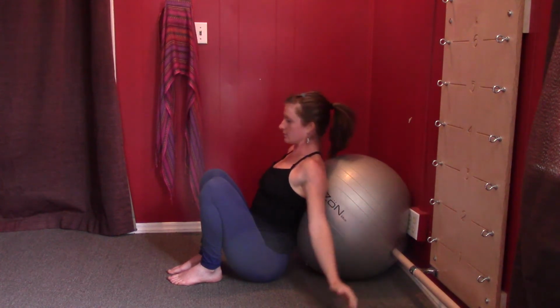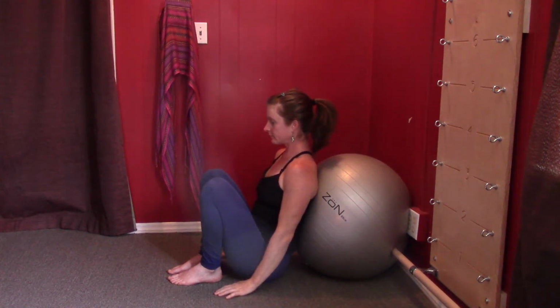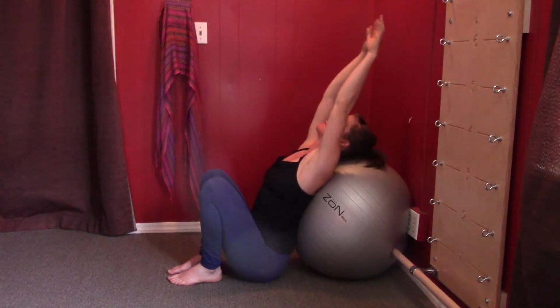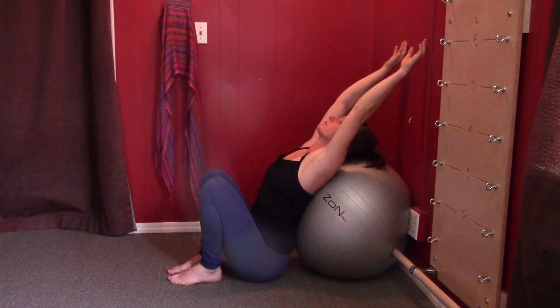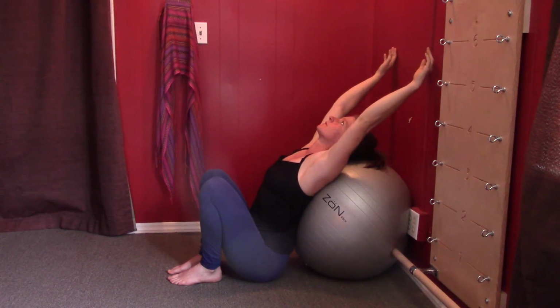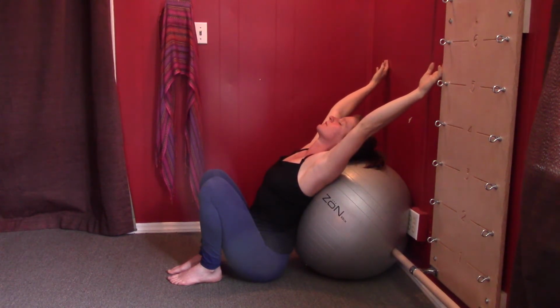And we're going to do a little variation. So the arms are going to come up overhead as she back bends over the ball, maintaining the contact with the lower ribs, and she's just going to hang out there for a couple of breaths. Gentle, deep, full breaths. She's going to do a little bit of that circle, opening her arms into a V overhead. She's going to hang out here for a few gentle, deep,